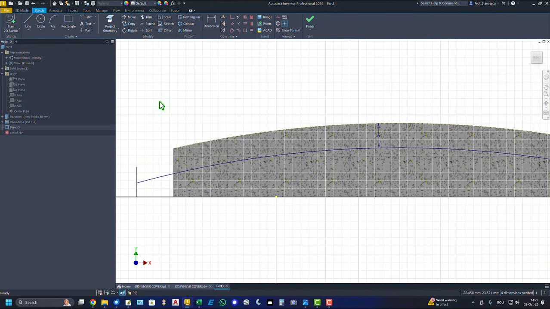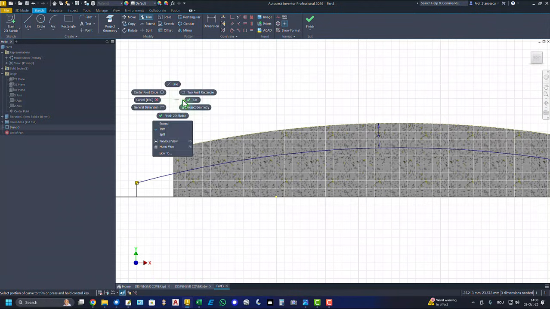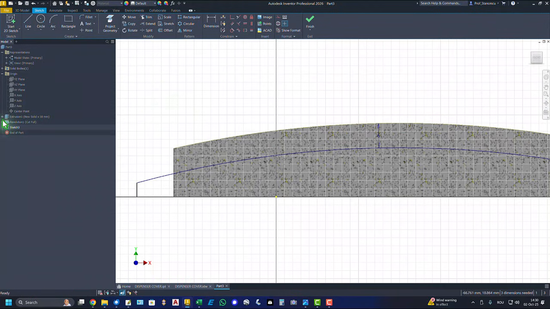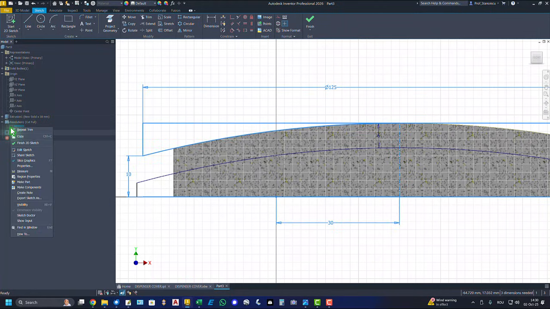Okay, trim of this, and we don't apply that 125 here, because we can use this sketch visibility,